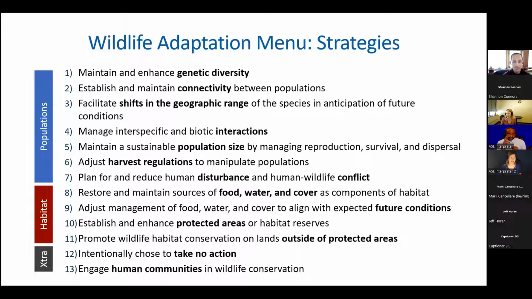Great. Okay, it's starting to roll in. So one that I think is really cool is, has the use of the adaptation workbook fostered communication between different specialized resource managers, i.e. between forest managers, wildlife managers, and recreation managers, for example? So this is one of the fun things that I get to do as part of my job.